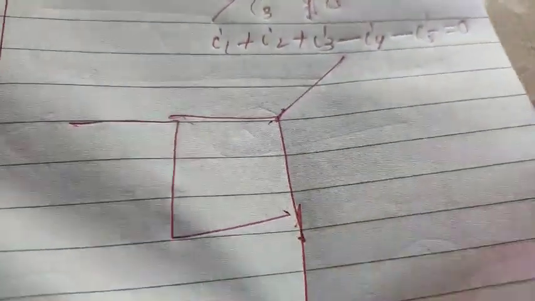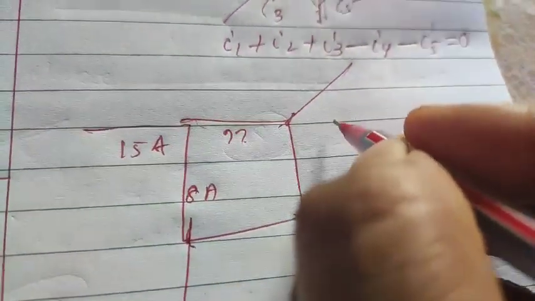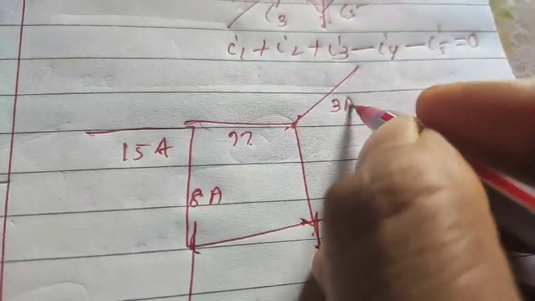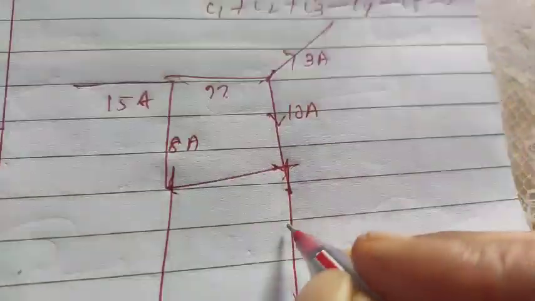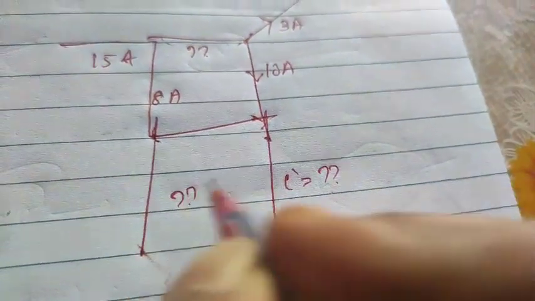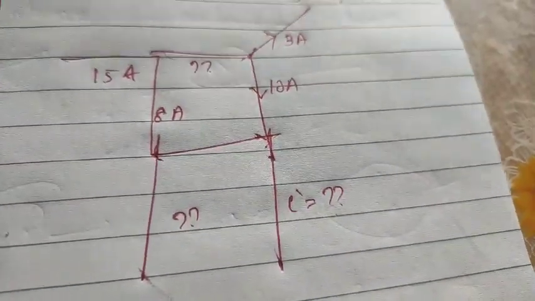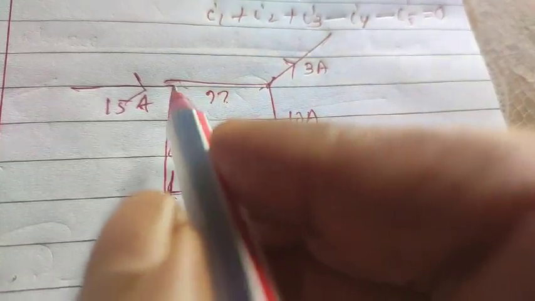This is one diagram. Okay. Now you have to tell me which value I can write. Suppose I have given you 15 ampere. This is 8 ampere. This is a question mark. This is 3 ampere. This is 10 ampere. Like this. Okay. This is question mark, and this is question mark. Now what's your aim? You have to tell me what is the answer near the question mark. Okay. Now I have told you the way it will come, the output will remain the same.